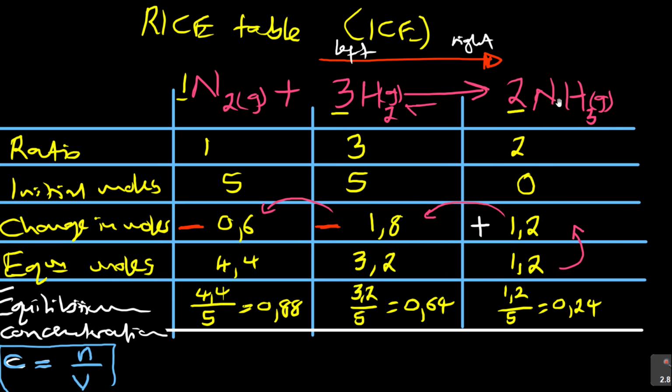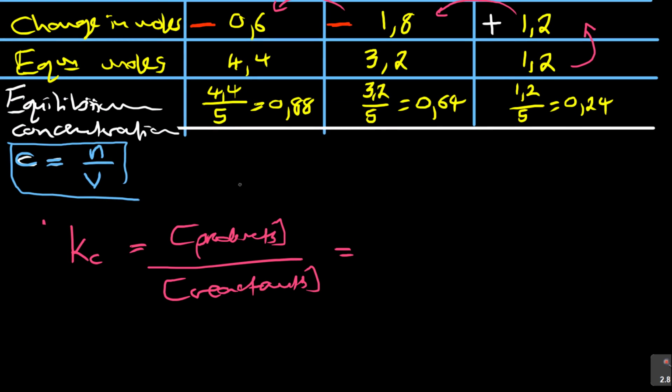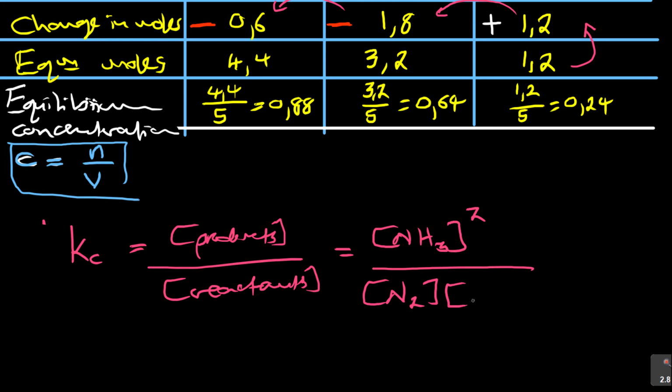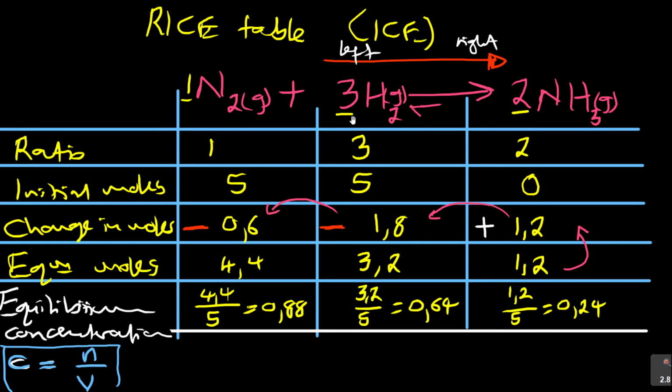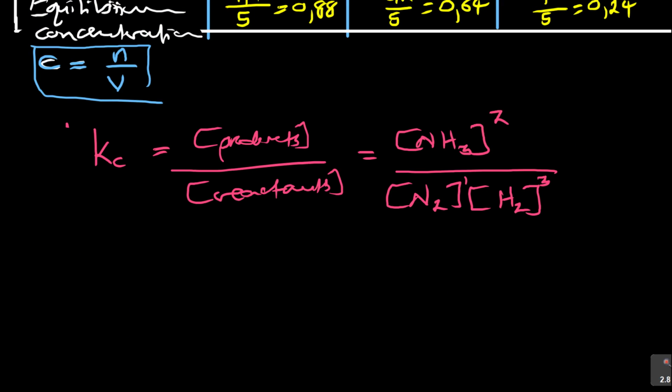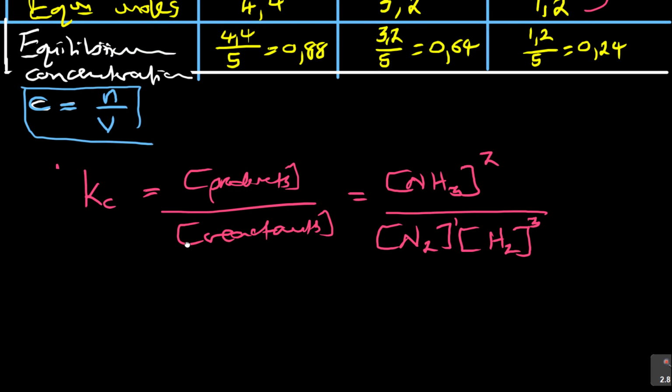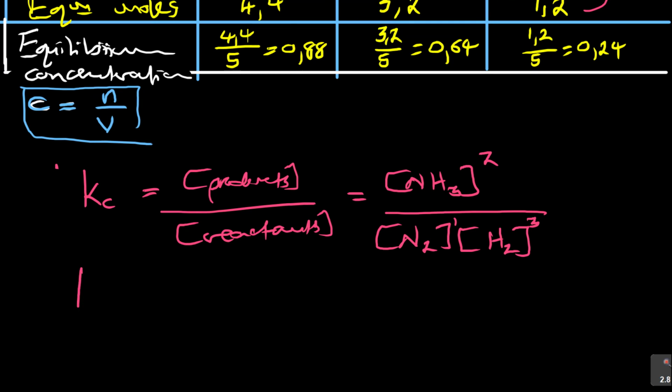Now, what are the products? NH3, so it's concentration of NH3 squared raised to their power over concentration of nitrogen times concentration of hydrogen, and the powers for nitrogen is what? It's 1, hydrogen is 3. See that? So now you can conclude and say our Kc is equal to concentration of NH3, which is